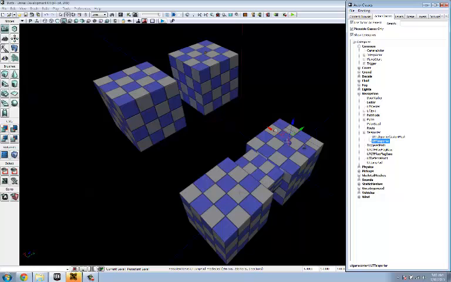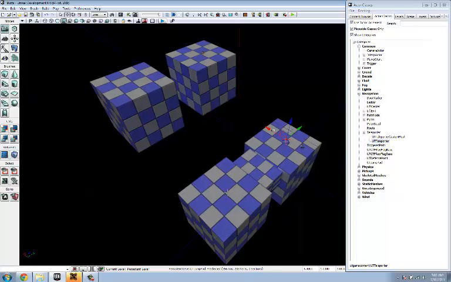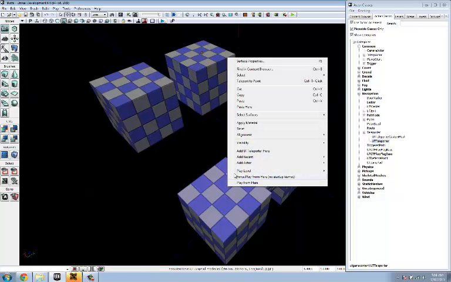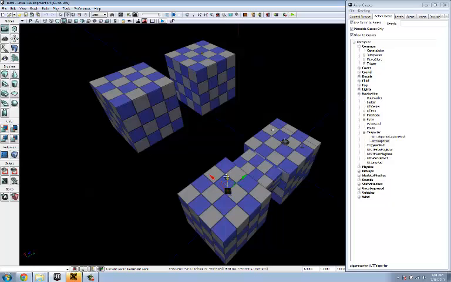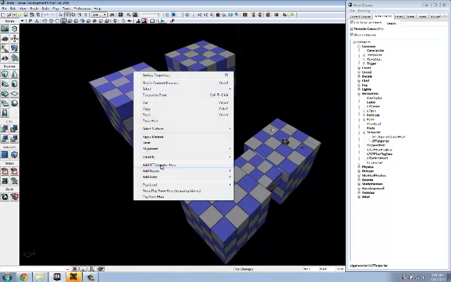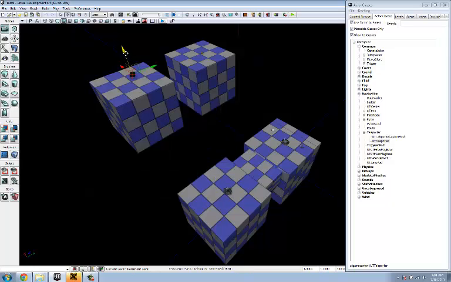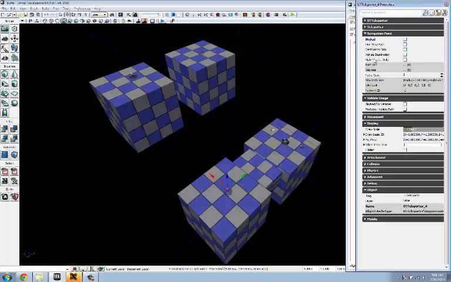So we're going to over-select that, right-click on a face inside of this geometry, add UT teleporter here, bring this up because it says it's bad size, and then add UT teleporter here. So now that there's two on the map, these two need to connect together, just like the path node and the jump pad. So we're going to go into the properties, and the important thing right here to note is that